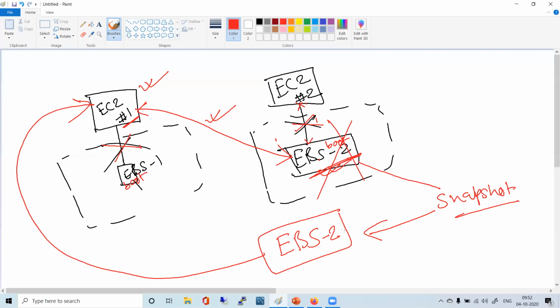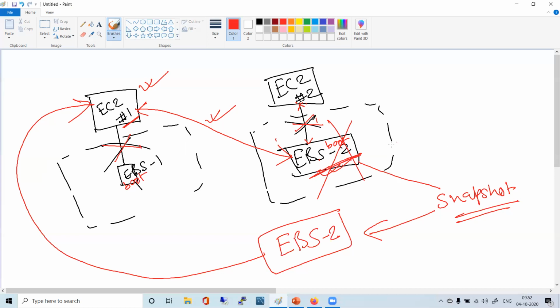That is the benefit of a snapshot. That's the process of how you can get your EC2 instance back using a snapshot, if you have the snapshot of the boot or root volume. That snapshot should have the operating system. Every snapshot cannot be used to launch an instance.